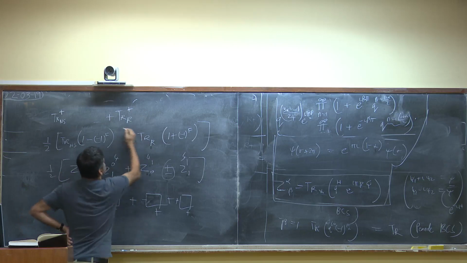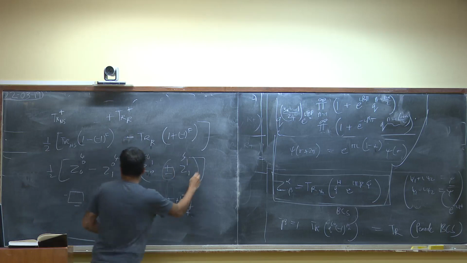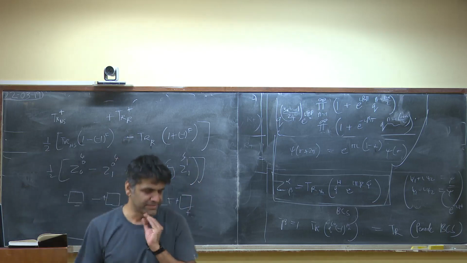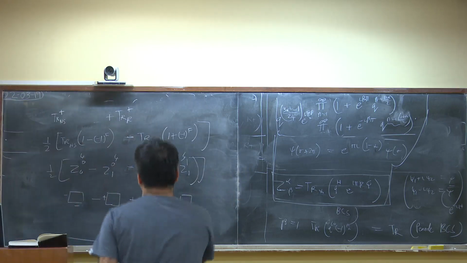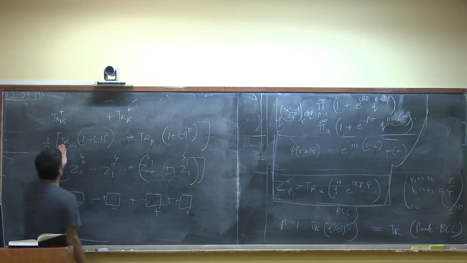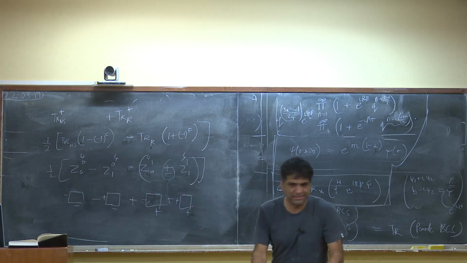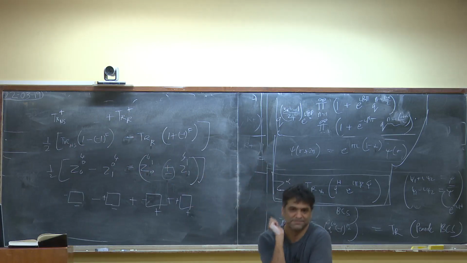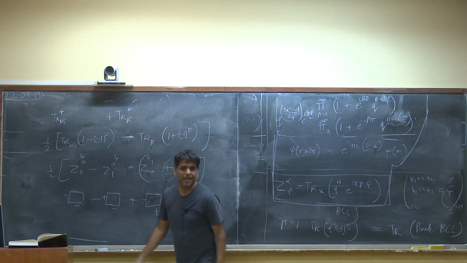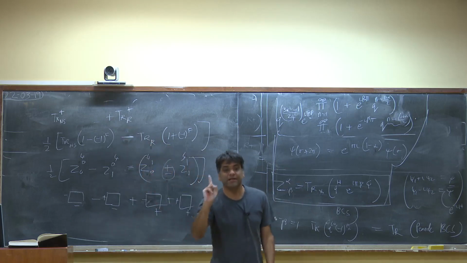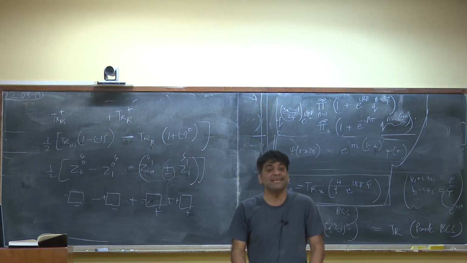We're going to put a minus out here. First, I'm just going to do it, and then we'll worry about why that's the case. What I need to do, of course, is to add together the sectors with the signs that will give me modular invariance. That is the rule. The sign that works is this. I'm going to do it, but I'm going to give you one interpretation for why that's the case, one interpretation that makes sense in space-time.